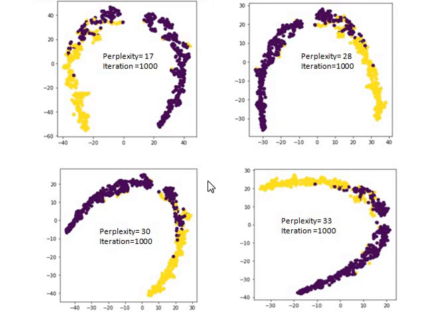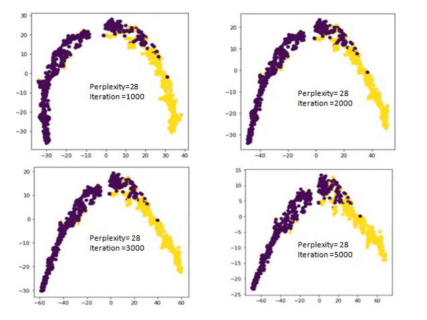So we have to give a particular, perfect number, which gives us better accuracy. We have to give a specified number to perplexity so we get our model accuracy as good as possible. So when we change the iteration and try to keep the perplexity constant, here we can see our perplexity is 28, and we make the change in the iteration. When our iteration is 1000, then the visualization of our data set looks like this.